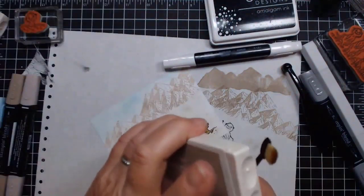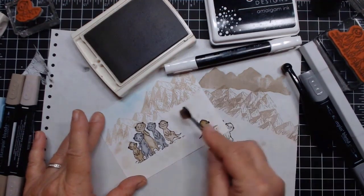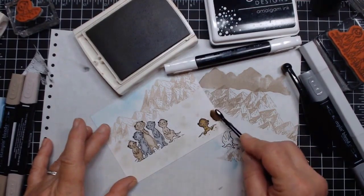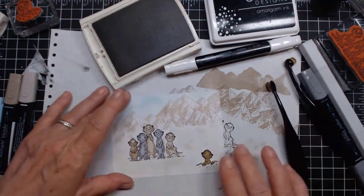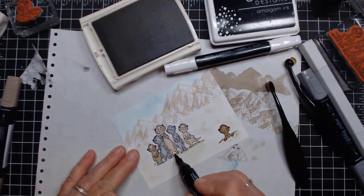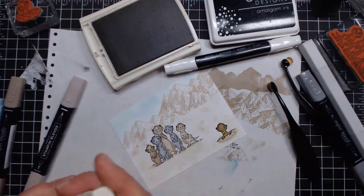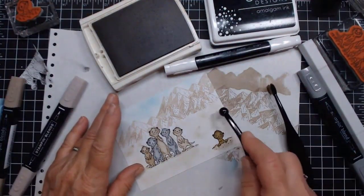So I was happy. So then I'm going to take some of the Crumb Cake on this very small brush, you can see it, and go like in between. Okay, and then let's do this with a little Crumb Cake. Just make that a little bit more distinctive in there. Now, which one's the Crumb Cake? I need the Crumb Cake. Sierra Sand. Okay. So then I kind of just made some more,